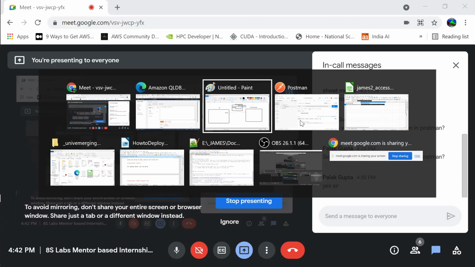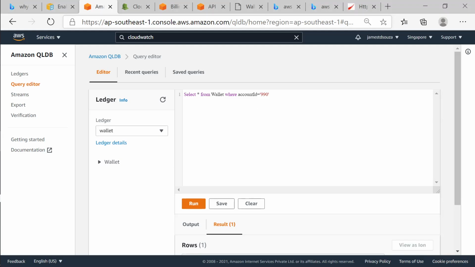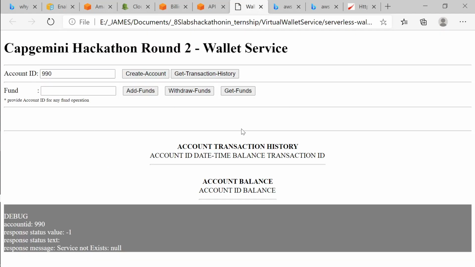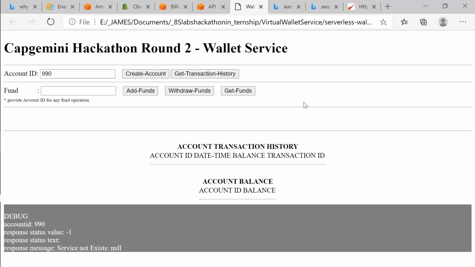The moment I got an error in the front end, I went to the back end and saw that the records were created, everything was created, but why I'm getting the error in the front end, I don't know. So that part I was stuck. Now I'll show you the code, how I've written it. Any questions on this so far?